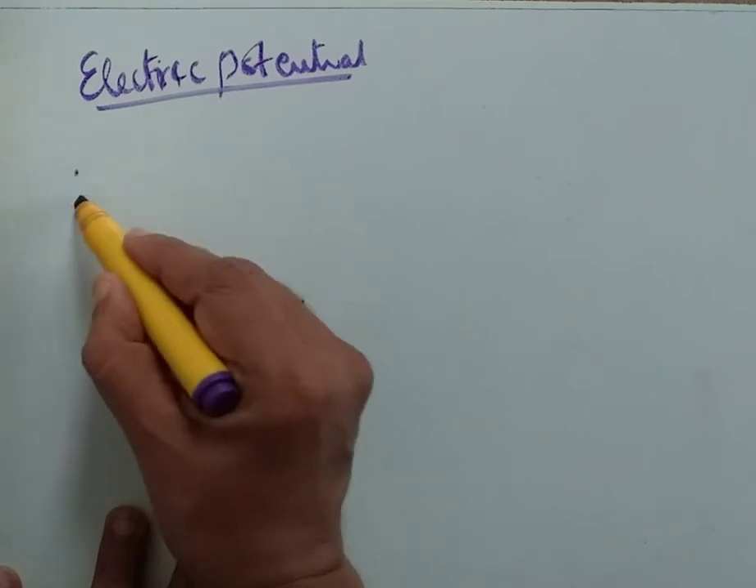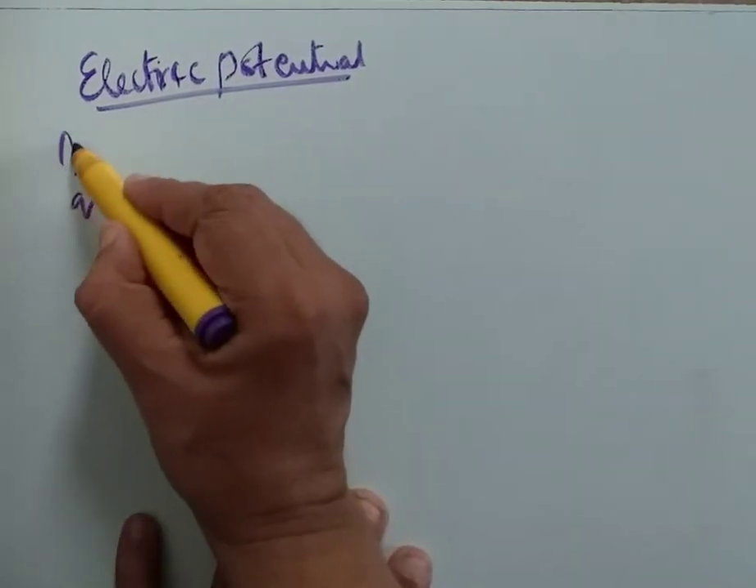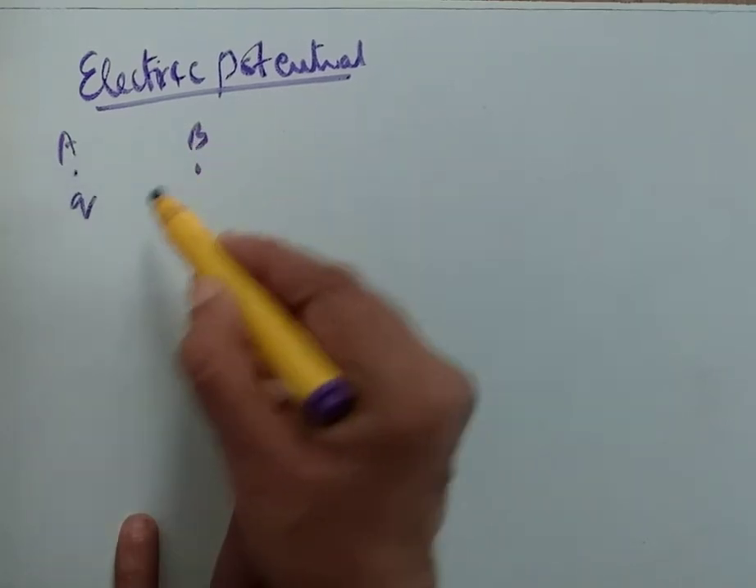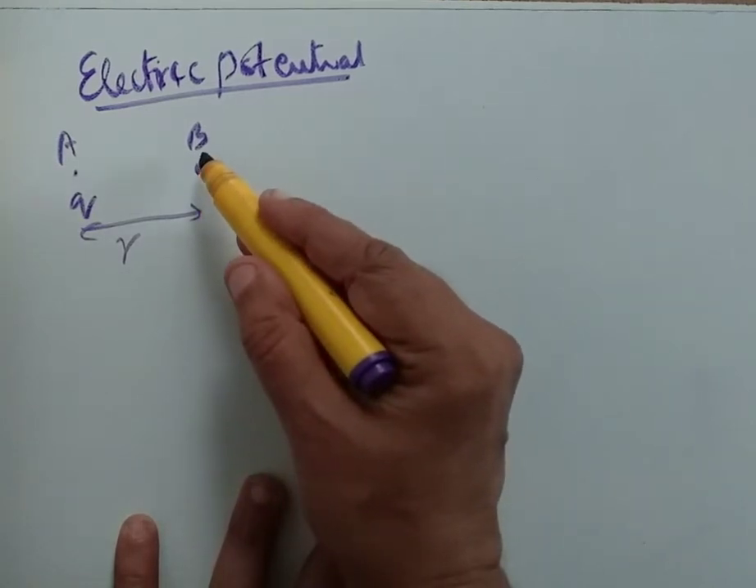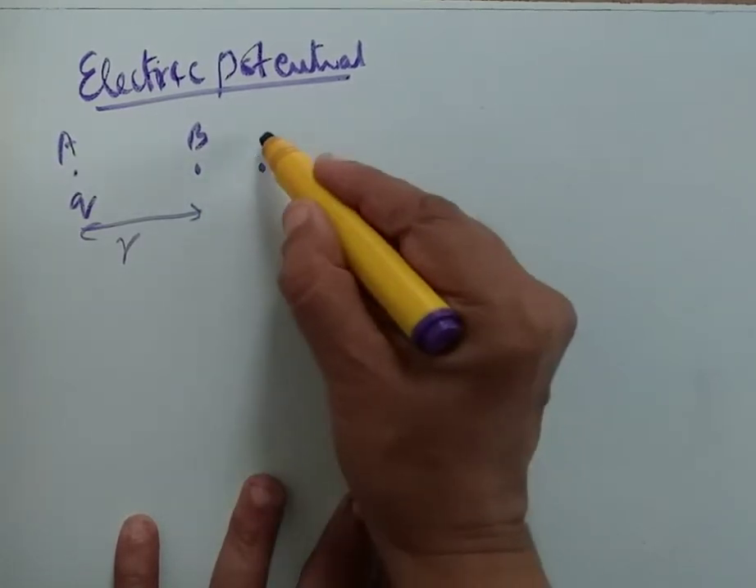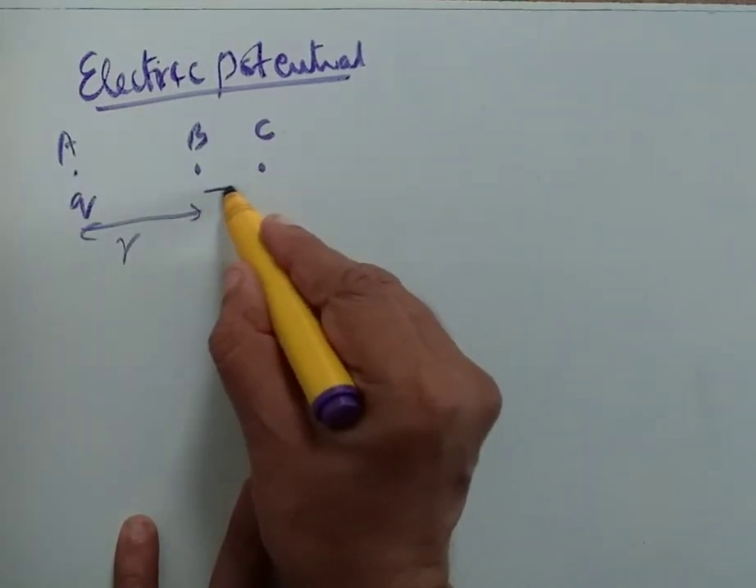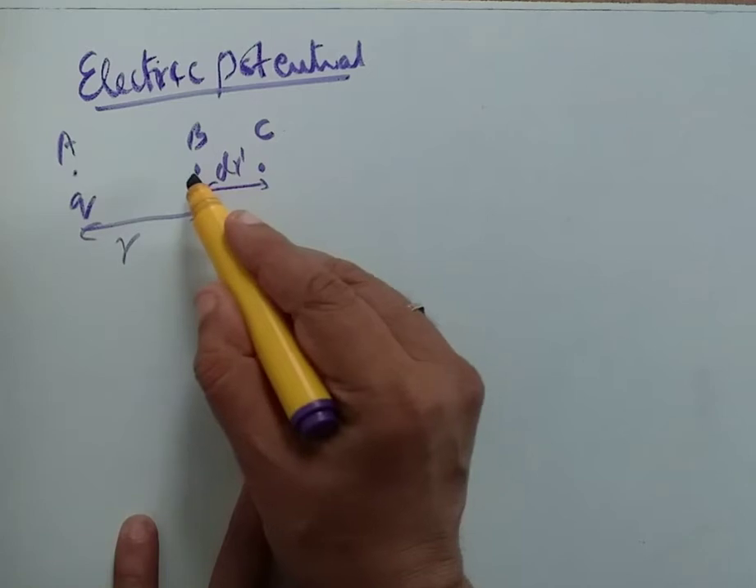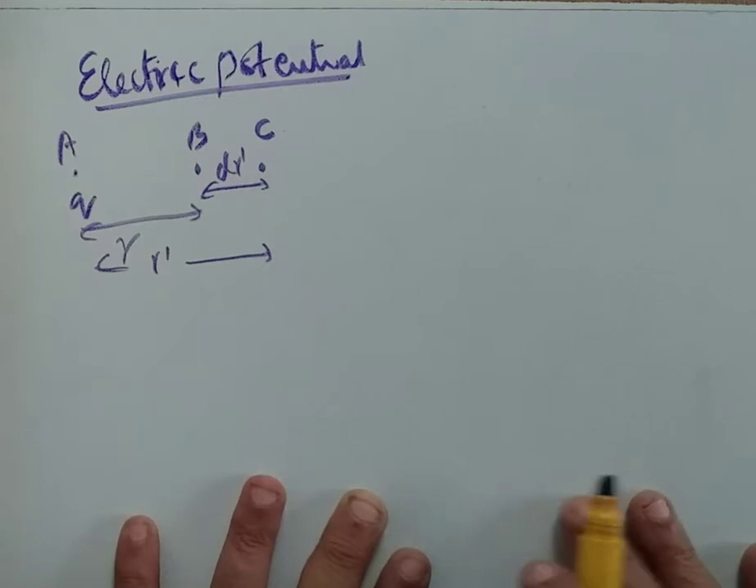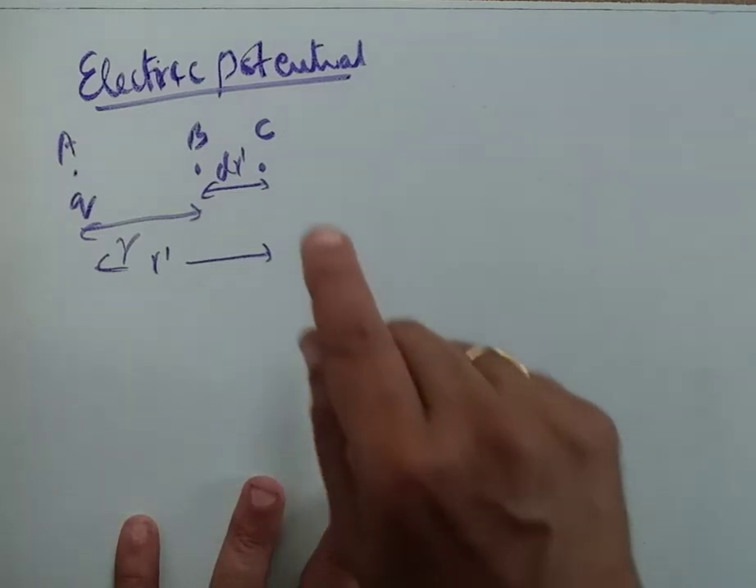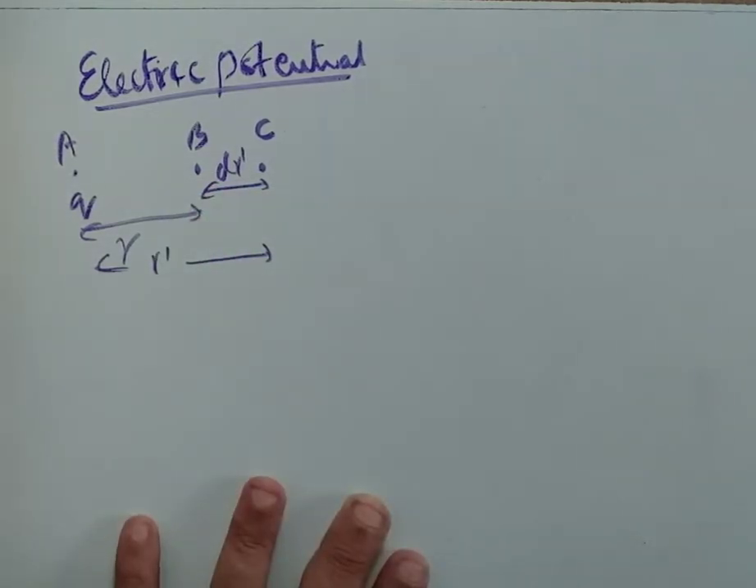Say I consider a charge Q at A. I consider point B at distance R, and I want to calculate the electric potential at B. For that, I consider another point C at a small distance dr' from B and at distance r' from A. Now, our plan in calculating the work done to bring a unit positive charge from infinity to B is, first we write down the work done in pushing a unit positive charge from C to B, and then we integrate it